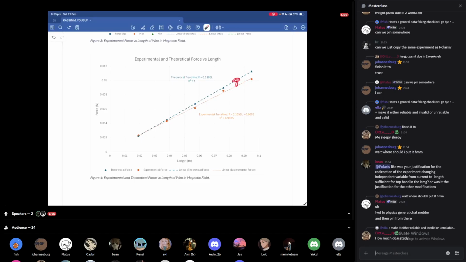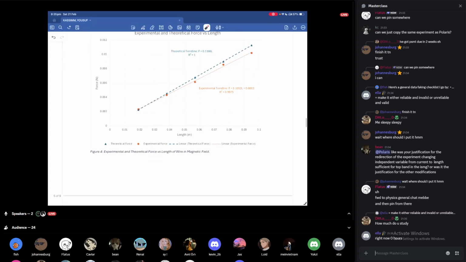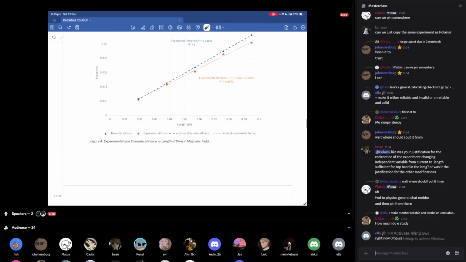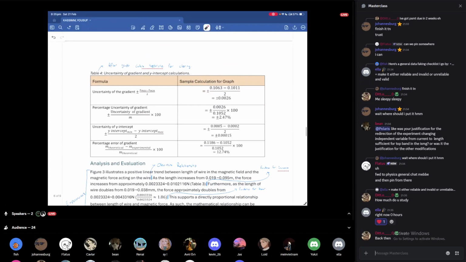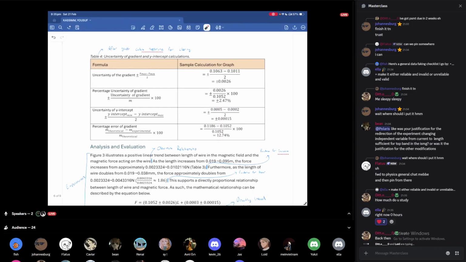So I pretty much asked ChatGPT, "Can you find a reason for why these data points get further apart near the end?" And it gave me a reason, and I had a thought about it, checked with other people, checked with the teacher, and it gave me a justification of something to talk about. I did an after graph, separate sample calc clarity,